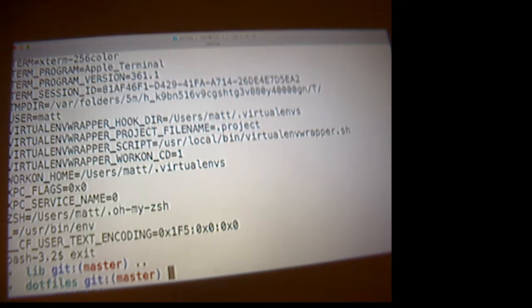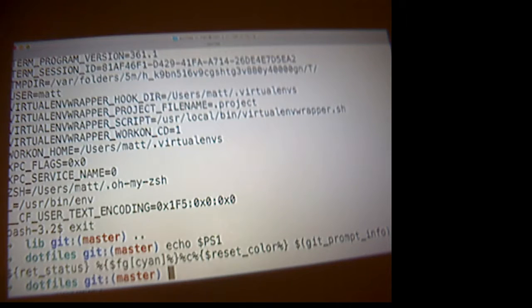Any other? Even your prompt, it's showing. Yeah. Well, that's echo something else. PS1 and see what it looks like. So that's maybe a ZShell color scheme. This sets, yeah. So I use one of the things that was on that GitHub